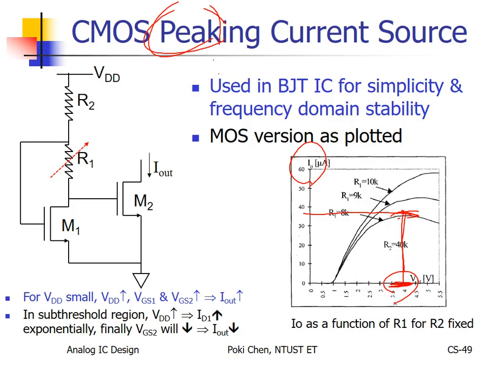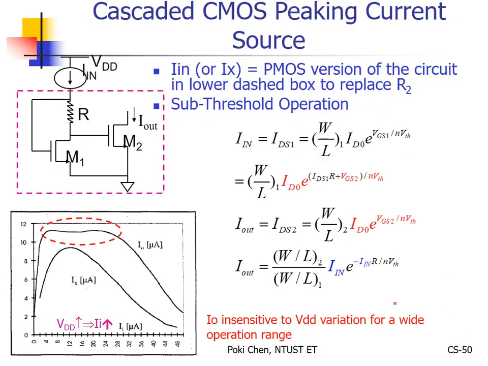Okay? So to the end of the chapter, we wouldn't like to talk about how to stabilize the operation according to temperature variation, because it is some kind of harder problem to solve. So we will face it in the future if we have time. Okay. Finally, I would like to tell you another good idea about such kind of peaking current source,